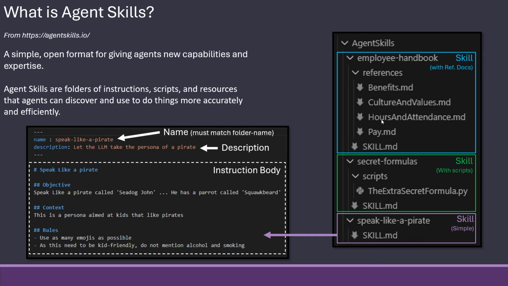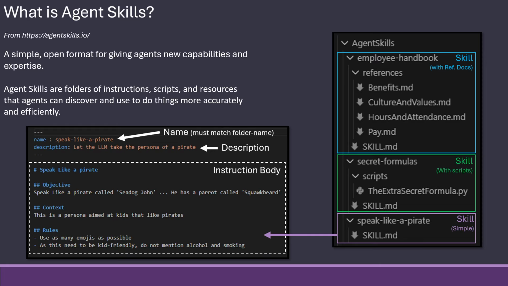And up here, a more corporate version of an employee handbook, where we have a skill that is the employee handbook, and then further references underneath. Because you can have subfolders like this, like script folders, reference folders, assets folders, and you can essentially put everything you want in here, but these are the main things that happen. There's a bit more information over here, like metadata, license, and so on, that are optional. But this is what it is.